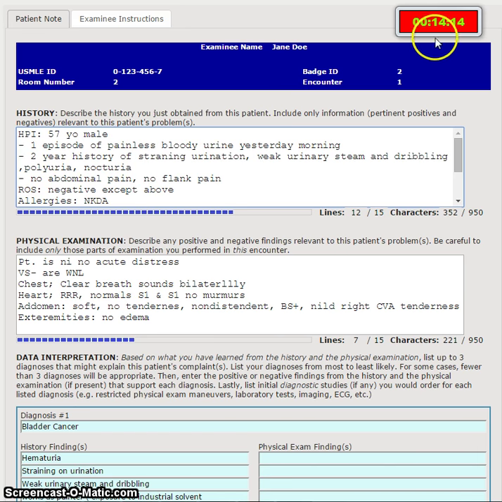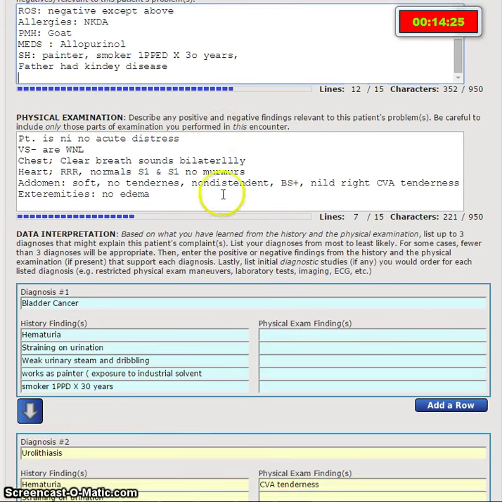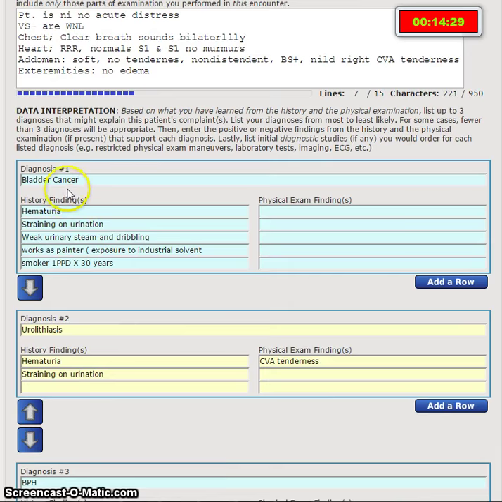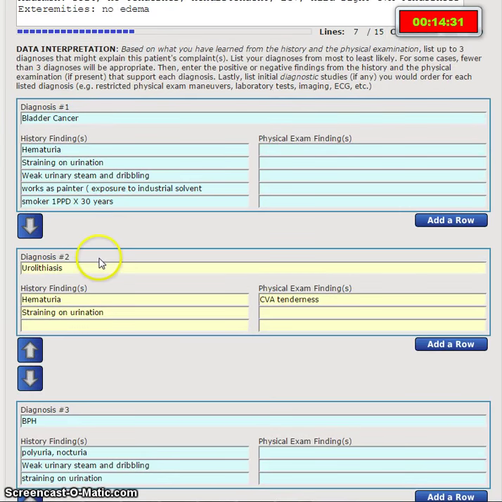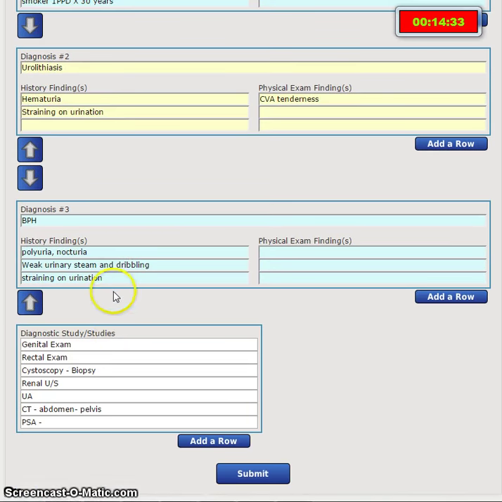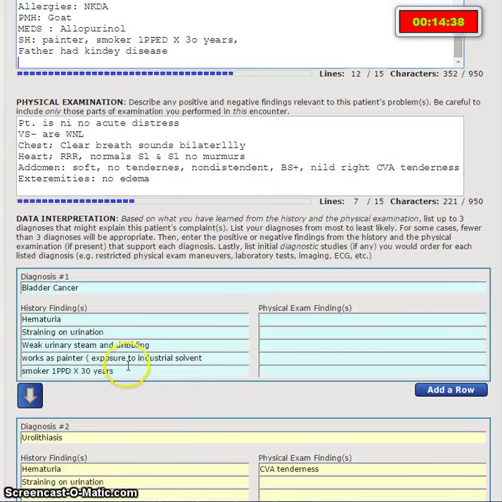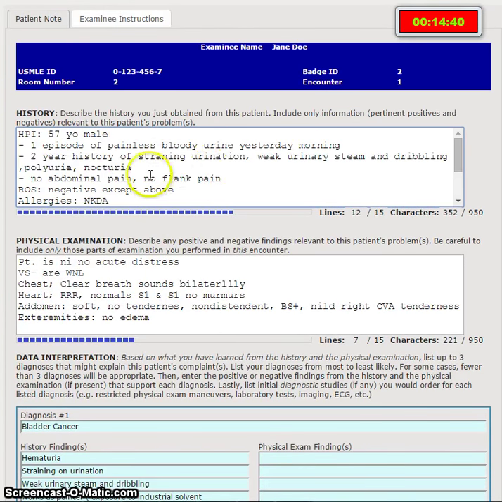It's basically, see, I am running out of time. It's the 14-minute mark. It's gonna finish within 30 seconds. This is basically the history. It's more relevant, I would say. We don't have any time to type all of these. The physical exam is most important. The bladder cancer is the first most likely diagnosis, second urolithiasis, third benign prostate hyperplasia. Diagnostic studies, I put all of them. What I could say about the episode, it's a nocturia, no abdominal pain. Okay, if I have time, I can say